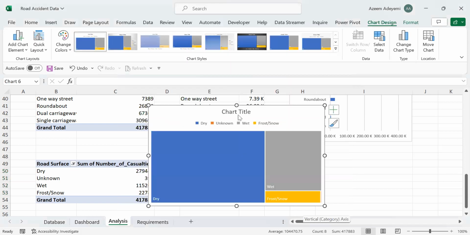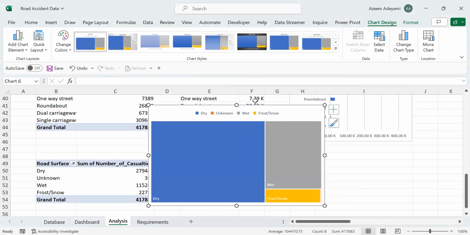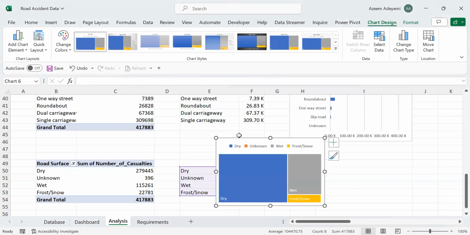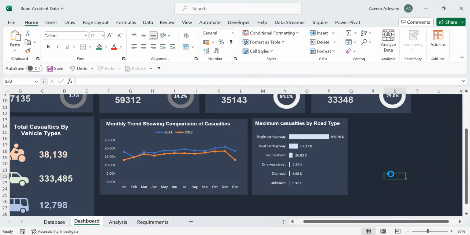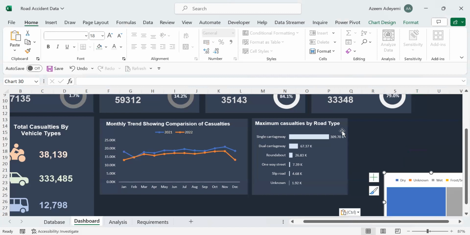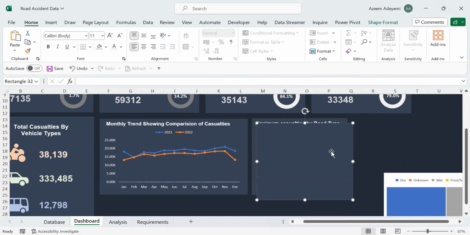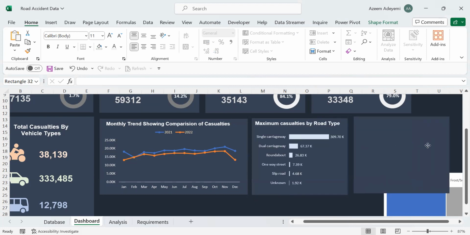I'll go back here and use this. I can delete this chart type too. Let me just put this within this here. I copy this, go back to my dashboard. I can put that here. So again, I'm going to duplicate our background. I want to try and maintain